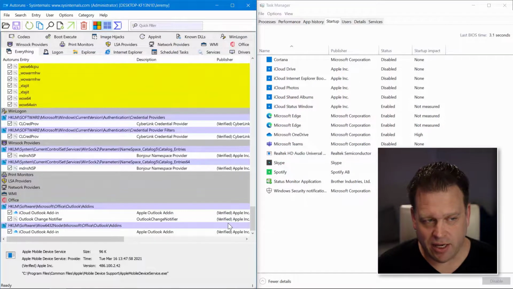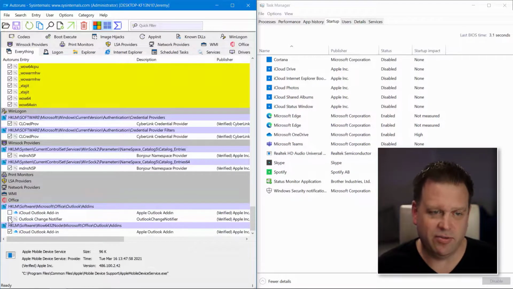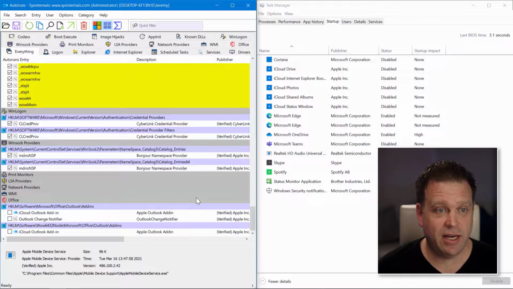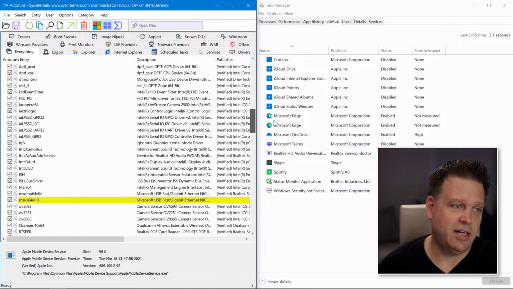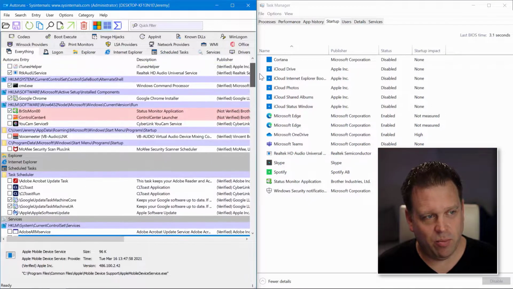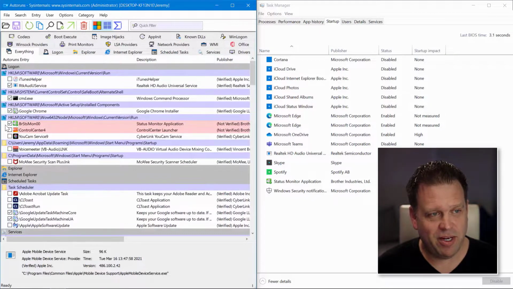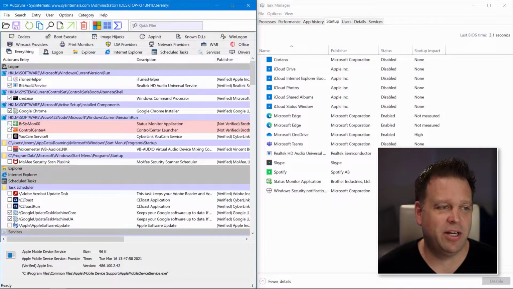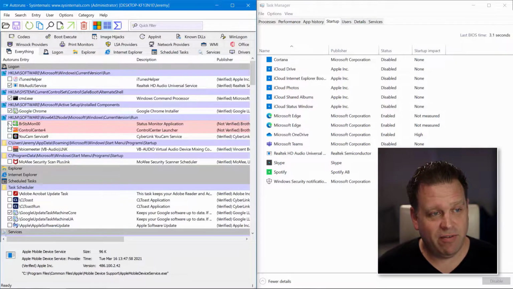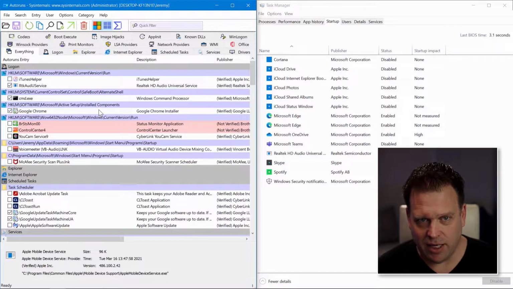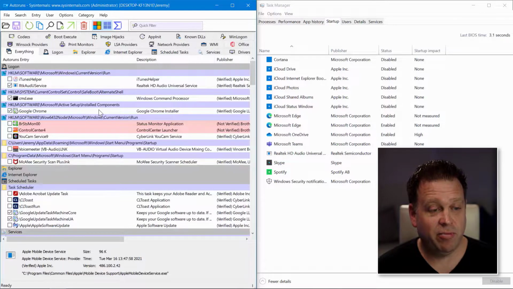And even the Office add-ins that are running, these are COM add-ins for Office that I don't want to run, that would slow down basically Office loading a lot of times. And I missed one of the Brother processes, so I'm going to go ahead and turn that one off as well. So now I've got a much cleaner startup. You can see on the right, a lot of these things are disabled. The only things that are really enabled at the moment are a lot of the Microsoft processes that I use every day.